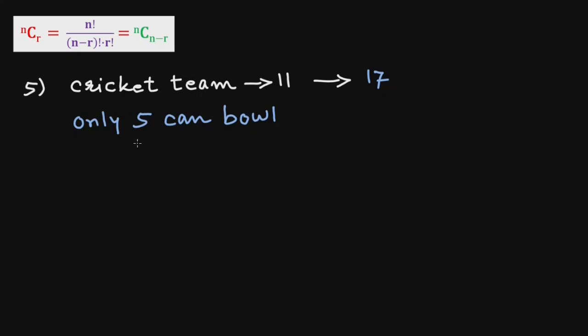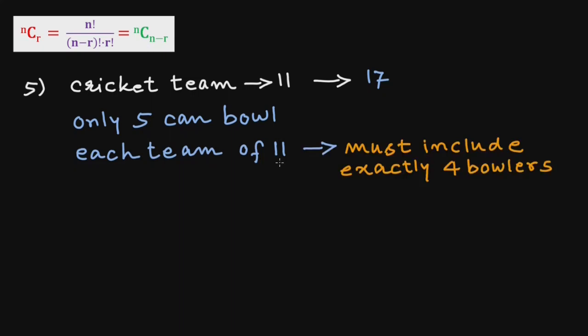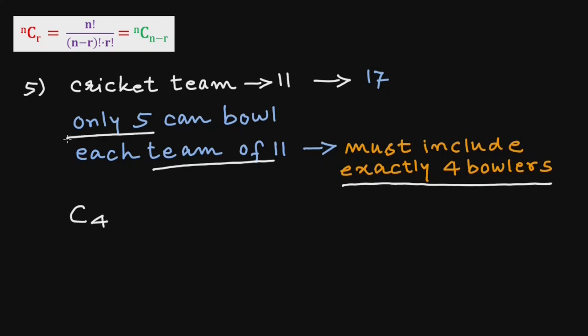If each cricket team of 11 must include exactly 4 bowlers, these 4 bowlers can be selected from these 5 bowlers in 5C4 ways, and after having selected 4 bowlers, the remaining 7 players need to be selected from 17 minus 5, 12 players. And since this selection of bowlers and players is done simultaneously, we have to introduce a multiplication sign between them,